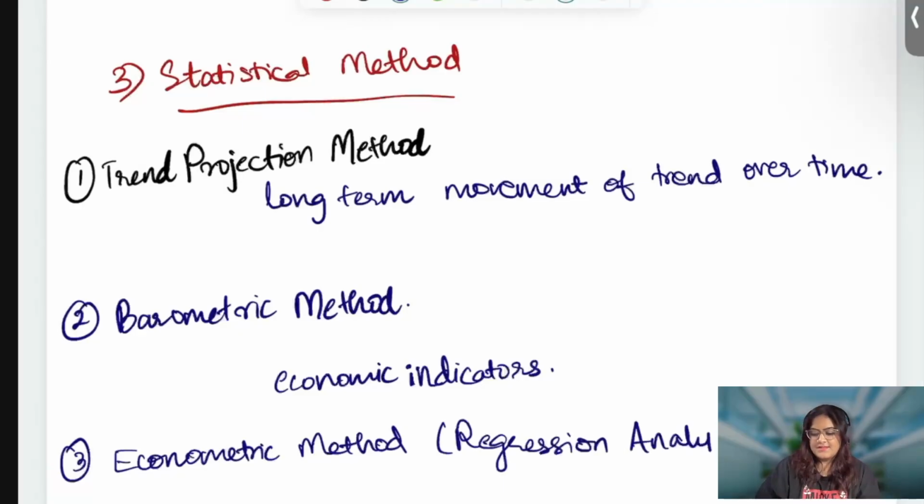Regression analysis. This is considered the most advanced and scientific method. Here we use statistical tools, especially regression analysis, to identify the cause and effect relationship. So we said that in the trend projection method, we forecast the demand based on the past